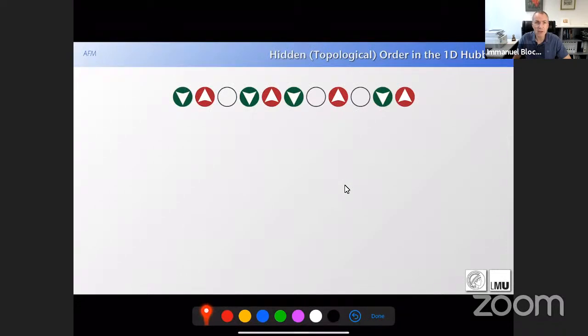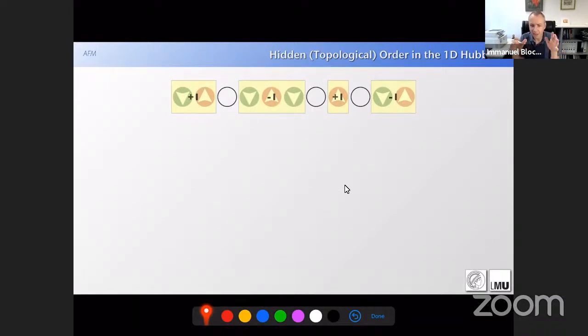Now that you understand what a single hole does, you actually understand what many holes do. That's now easy because there's no difference. Each time there's a hole, there's a parity flip from -1 to +1, +1 to -1 in the antiferromagnet. And now if you look at this picture, try to see how this state is ordered. Well, you can fictitiously remove those holes in your head, squeeze the system together as if there were no holes. Then you see, well, it's like down, up, down, up, down, up,